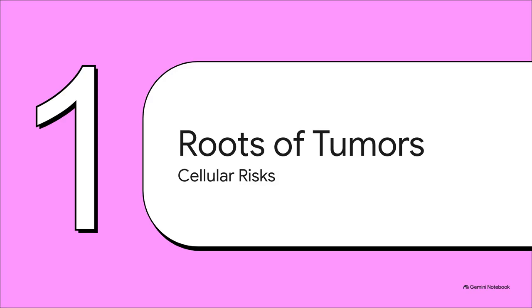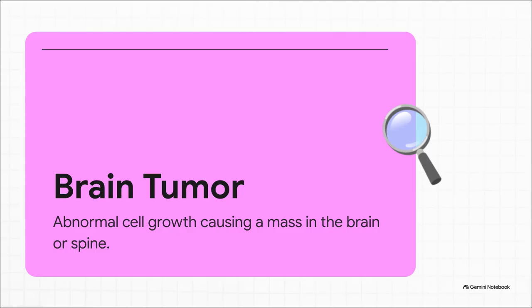Section 1, Roots of Brain Tumors, Cellular Disruption, and Risk. To code accurately, we've got to fluently speak the clinical language. That starts with understanding the core pathology. Basically, the fundamental mechanism of a brain tumor stems from a pretty devastating shift at the cellular level. In a healthy body, the normal cell cycle is an incredibly orderly, highly regulated progression of growth, division, and programmed cell death. But a brain tumor develops when this precise mechanism breaks down, leading to the uncontrolled abnormal division of